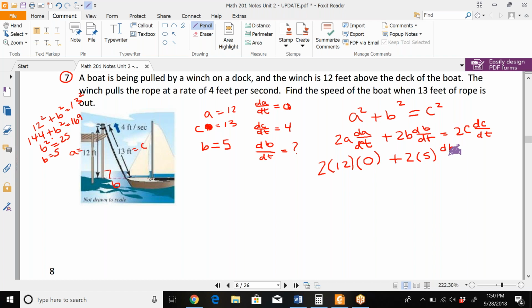That's what we're searching for. And then we have 2 times C, which is 13, times 4. So 2 times 12 times 0 is nothing. So this is just down to these two pieces. So this is 10 dB/dt